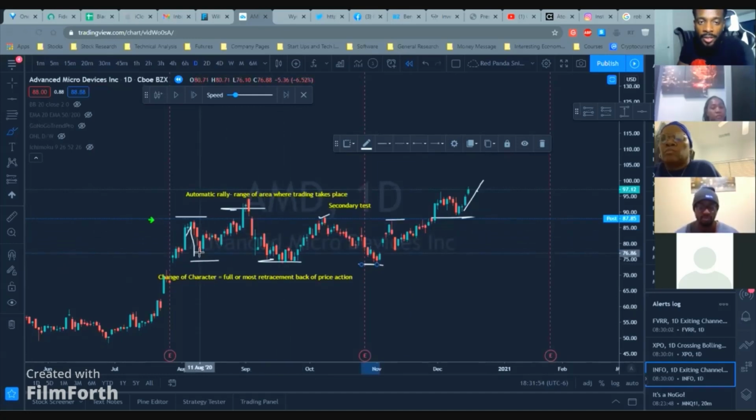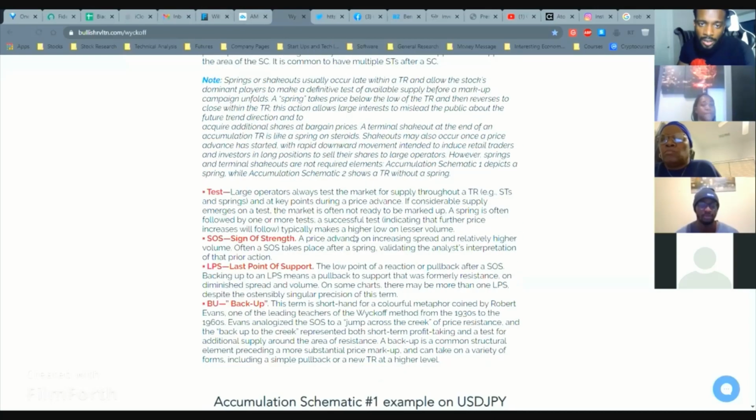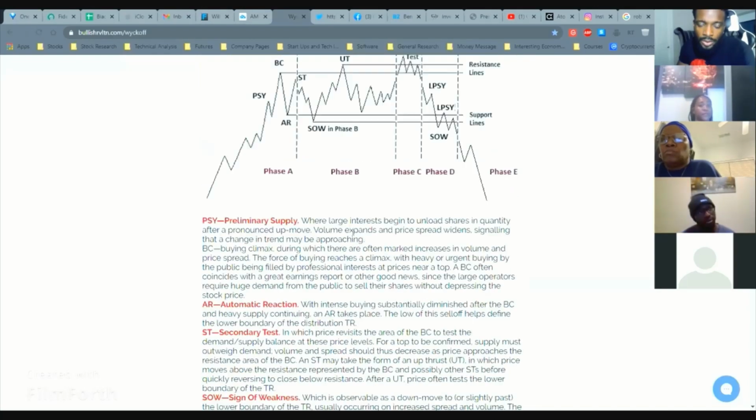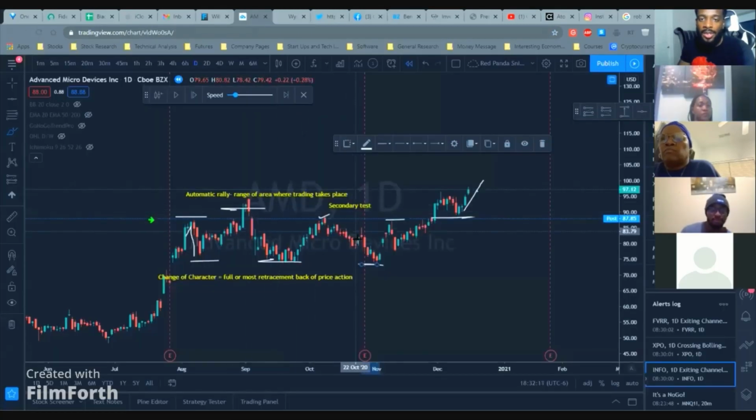And so what we see here is you tend to want to see, if we look at this chart, we get the test. Well, actually, no, let me show a different one. Distribution actually makes sense. So this looks more like distribution at this point. So sometimes it's a little confusing. So you've got to look for what you